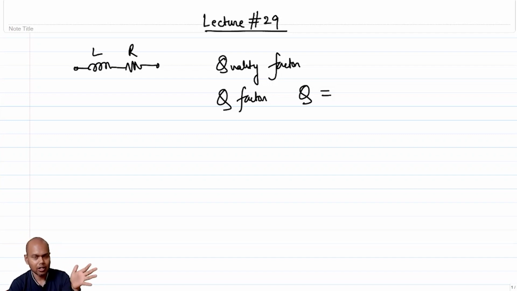So if you have a contraption which I know is supposed to be an inductor, and I know that there is a certain amount of power dissipation where there is supposed to be none, then the amount of power dissipation with respect to the amount of stored energy is kind of a metric of the quality, right? Or in other words, if I take the ratio of the stored energy divided by the dissipated energy, higher the better, right? Okay, so the formal definition is peak energy stored